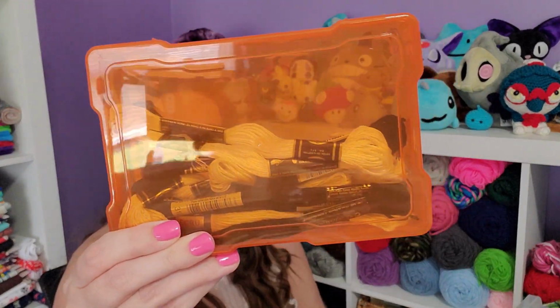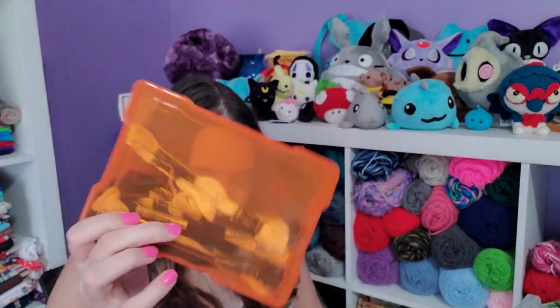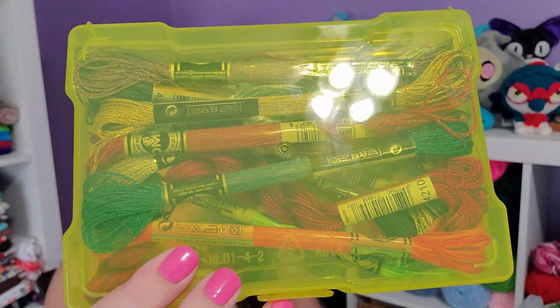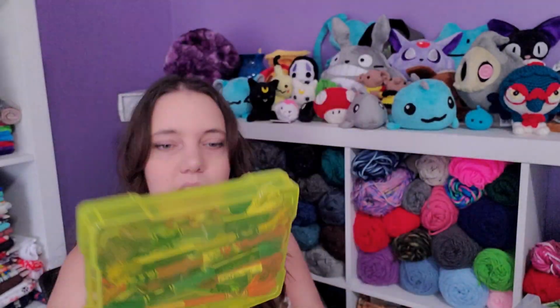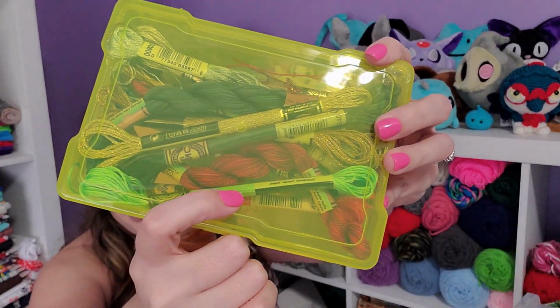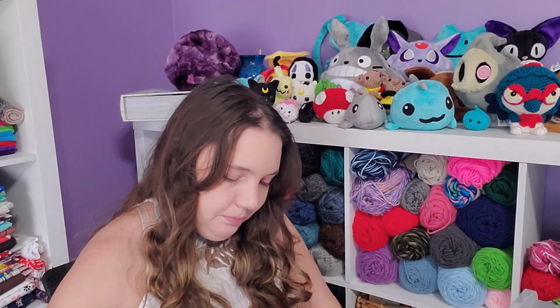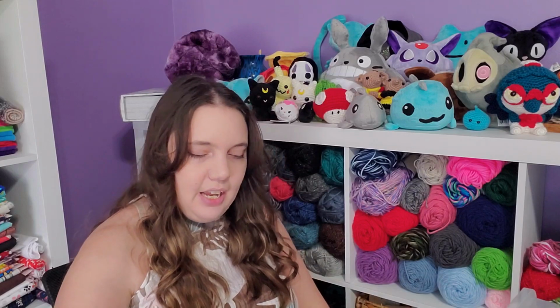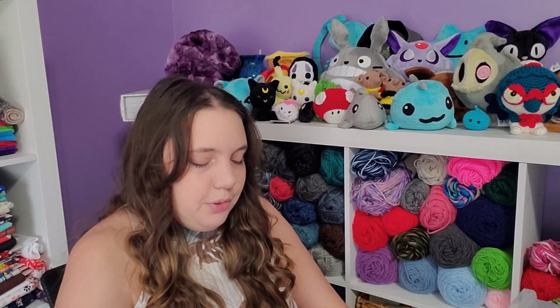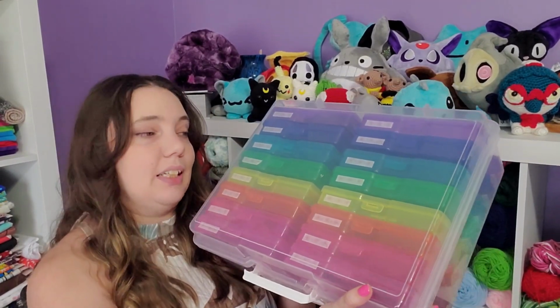And I have one for just my white and blacks and the ecrus, and then I have one that's got some extra variegated colors and some of the light effects, and just kind of like specialty threads. I think I have some of the glow-in-the-dark green there. And I've got several that I don't actually have anything in yet. I don't know what I'm going to use those for, but this has helped tremendously,